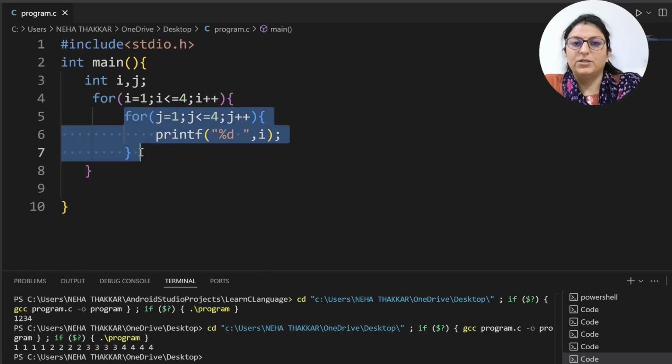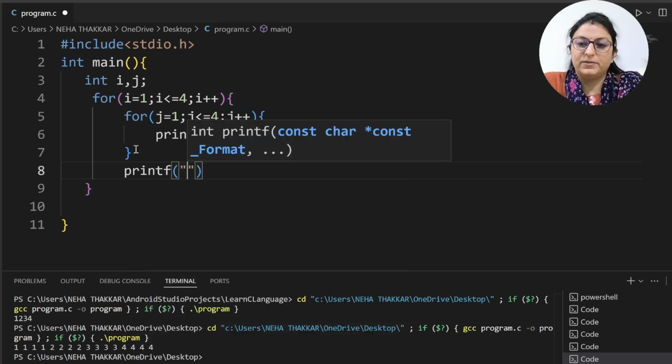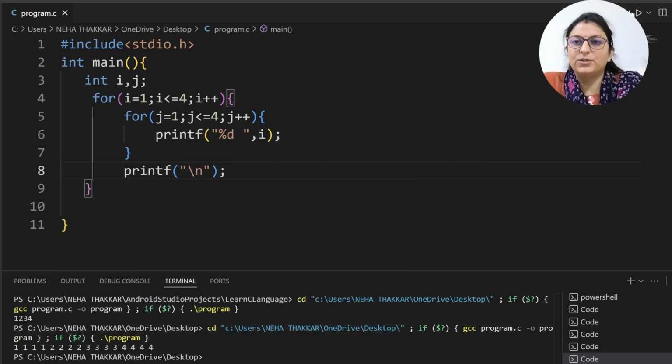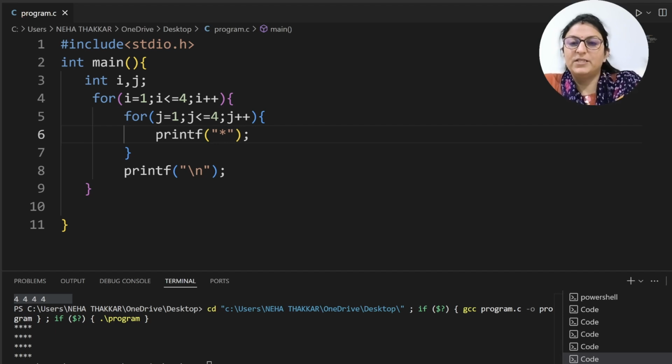But for each row, when the row is finished, the value of I will be 1, J will complete 4 columns. After that let us write the slash n, so we will know how many rows are generated. So here you can see first row, second row, third row and fourth row. We are getting all 4 rows and 4 columns. But here instead of 1, 1, 1, we want the star. So you are getting this value as a star, 4 rows and 4 columns. So I will generate the rows where J will generate the columns.